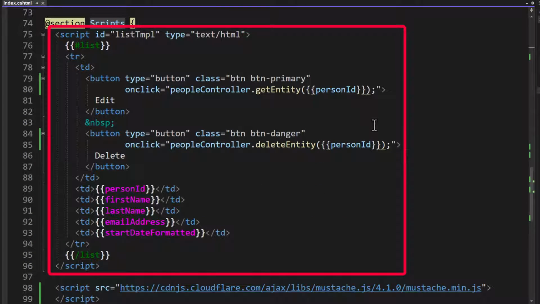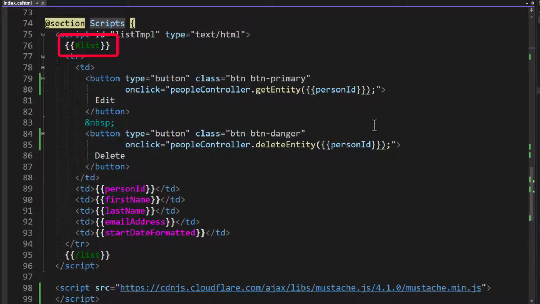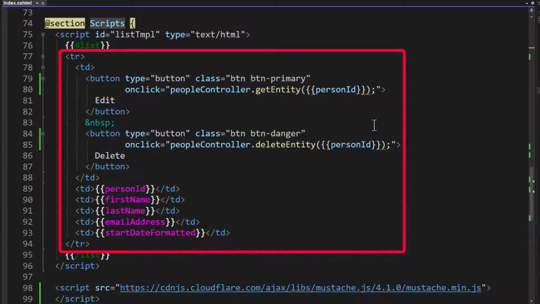Now, to draw that table, we're going to use Mustache, which is a templating engine. We'll talk about that in just a minute. But look at line 76. We have pound list within the curly braces. And then on line 95, we have slash list within the curly braces. These are tokens, and these tokens say that we're looking for a property called list in whatever the object is that has the data. And then between those two is the code that we want to repeat for each person